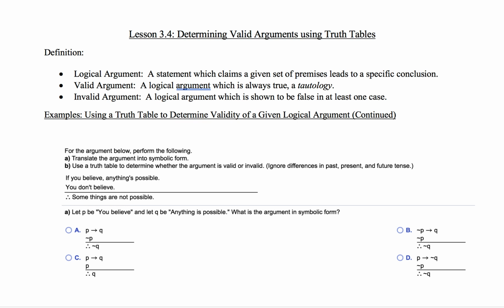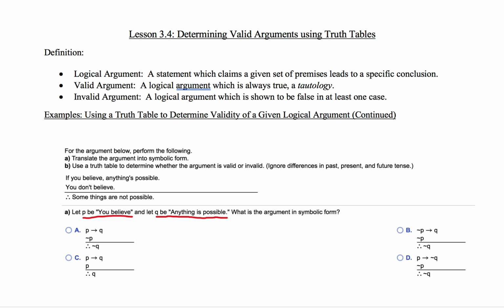Now, in some ways, this is a little bit easier because they have gone ahead and they have noted that the P should be that you believe. So they've already told you that. And the Q should be anything is possible. So they're telling you that as well. So that makes things a little bit easier for us. So the first thing they're asking us to do is to write the argument in symbolic form, which means that